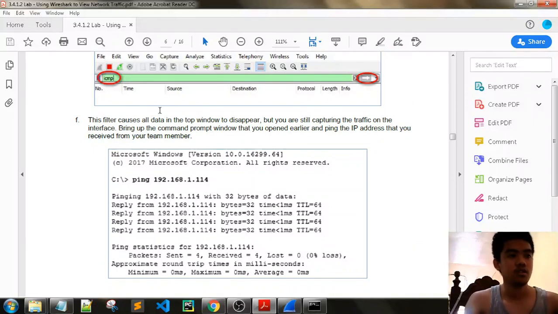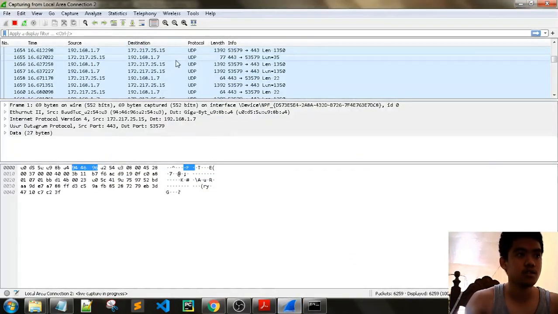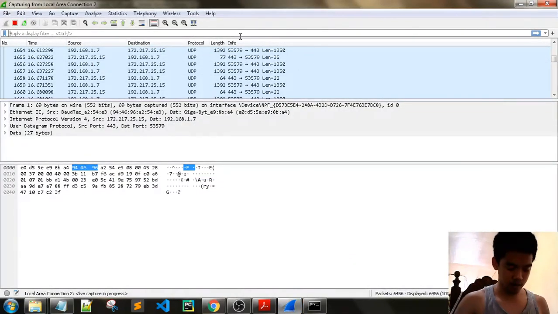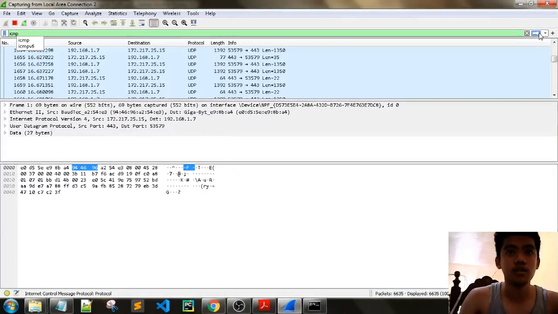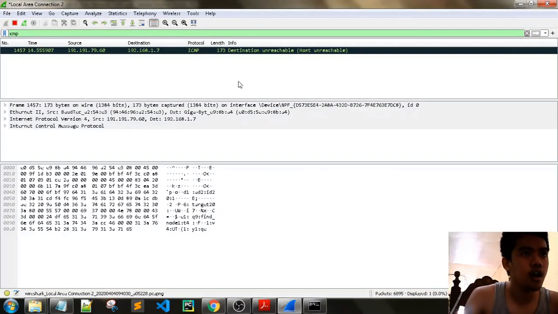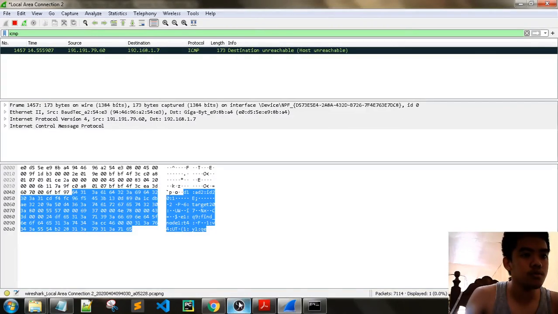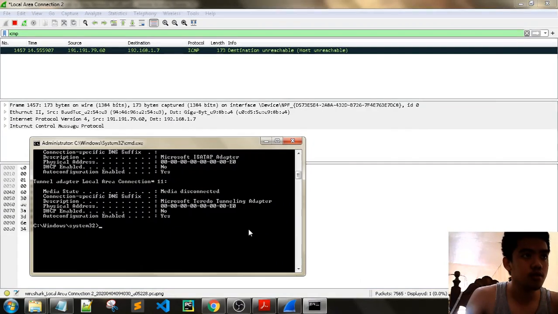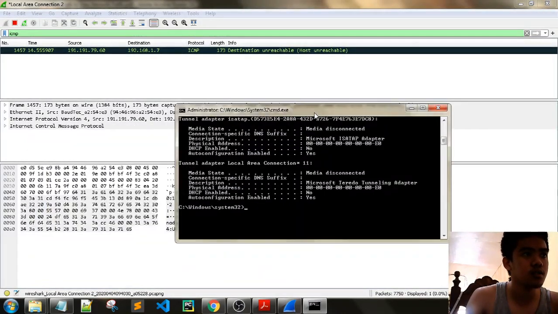Okay. So this filter causes all data in the top window to disappear, but you are still capturing the traffic on the interface. Bring up the command prompt window that you opened earlier and ping the IP address that you received from your team member. Let's see. So we're pinging ICMP. Right. Okay. So destination 107. I think because it is